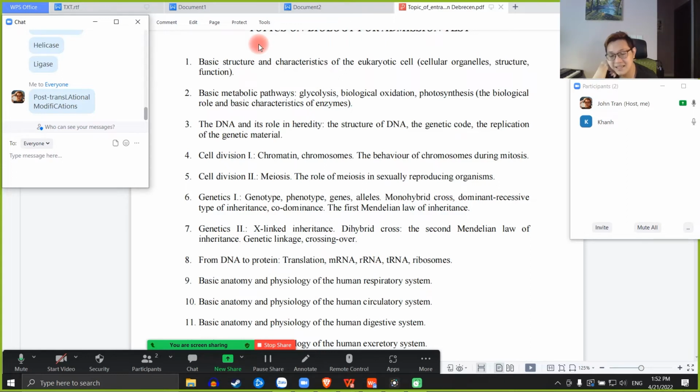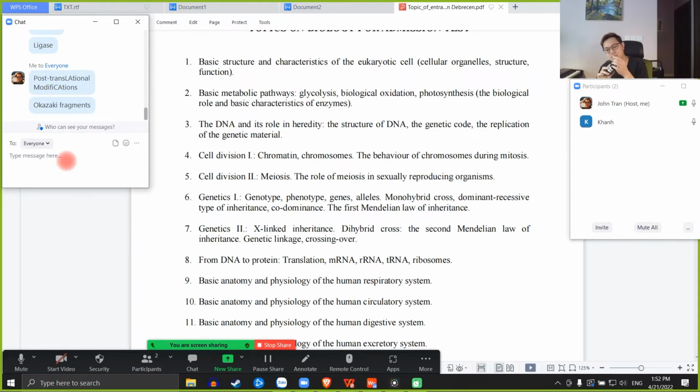Yes, and you talk about Okazaki fragments as well. At the end, these Okazaki fragments get attached to each other by